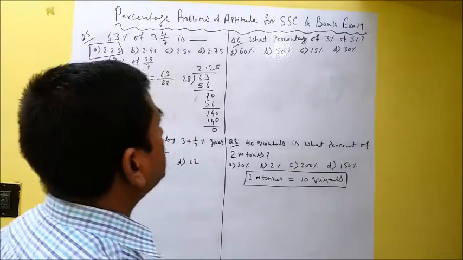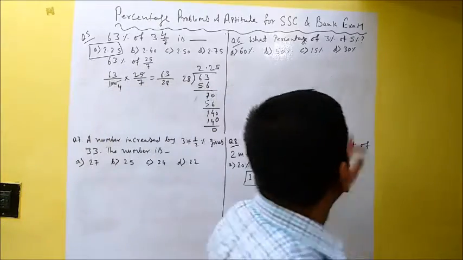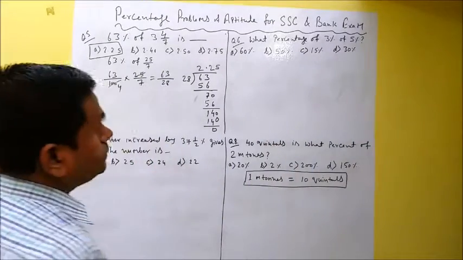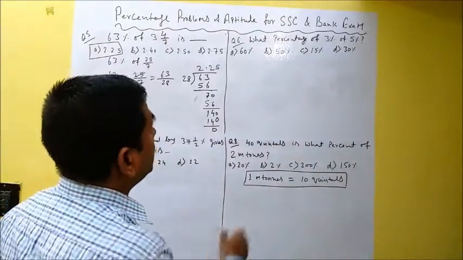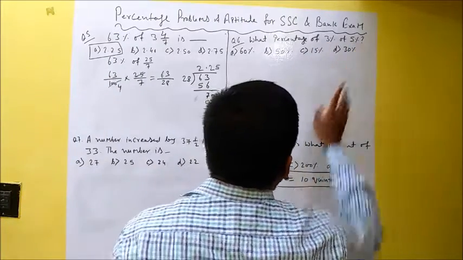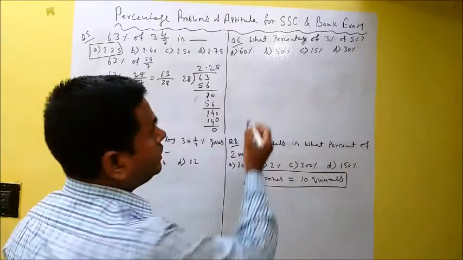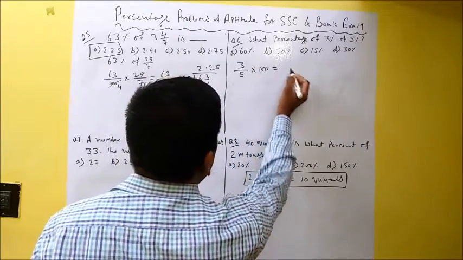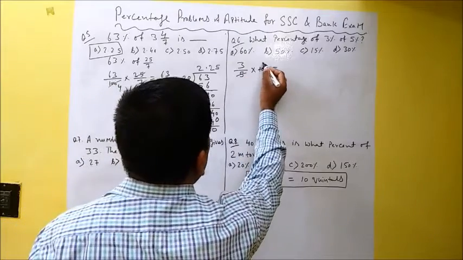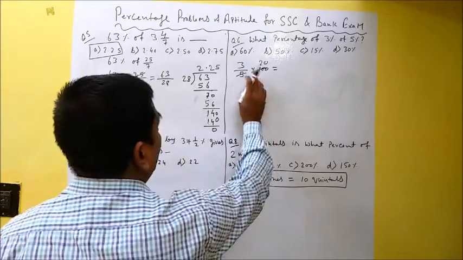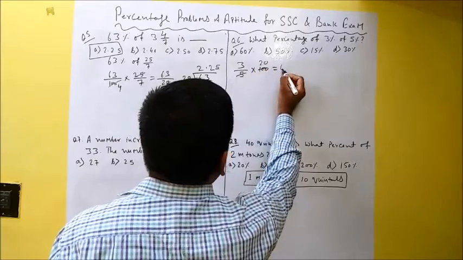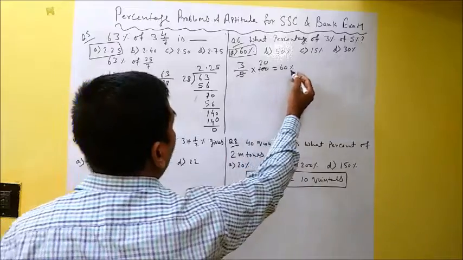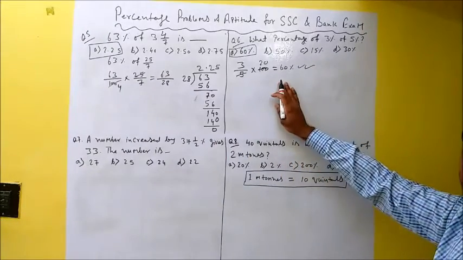So question number 6 is, what percentage of 3% is 5%? So this is a very unique question. If this comes, what you can do is, see, what percentage of 3% is 5%? So the shortcut method is 3 upon 5 into 100 you have to do, which you will get as 20. Okay, and then 20 into 3 is 60. So 60% is the answer. A is the answer. But how and why do we do 3 upon 5 into 100?